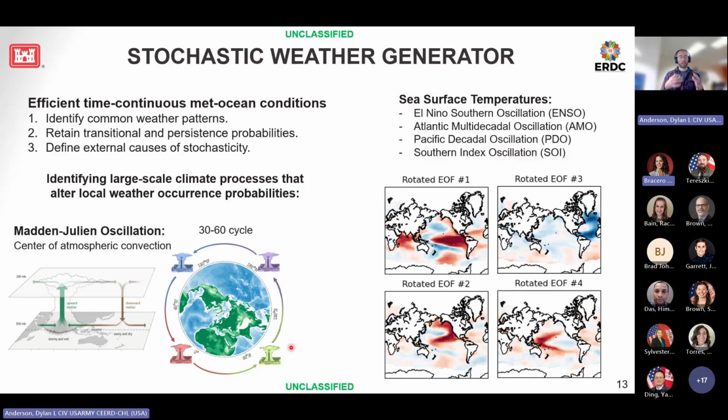So we've got our Markov chain for kind of the short-term evolution. We're going to put the Madden-Julian oscillation in at the sub-seasonal. We're going to have seasonality. And then our largest scale is sea surface temperatures. This is how we account for El Nino cycles and the Atlantic overturning oscillations. These are large-scale processes